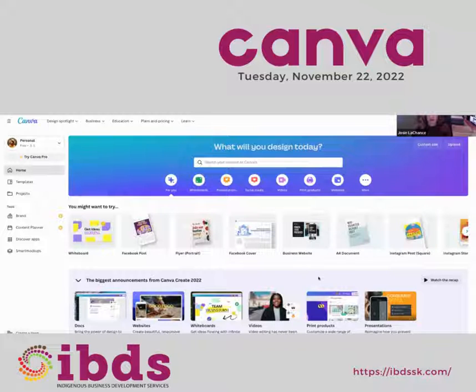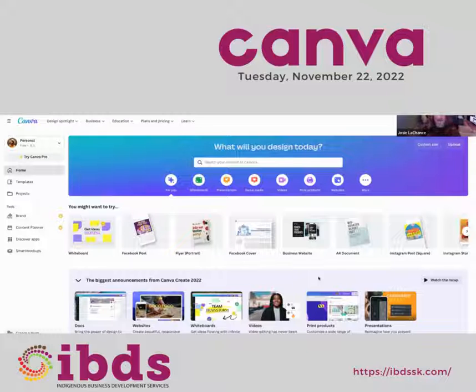It's also really great to create things for your website if you have a website, or if you just need it to make posters to hang on bulletin boards, or to distribute flyers, brochures, things like that. That's what most people use it for. And it's not just for content for social media. It can be for print. So if you don't have social media set up yet, or that's something that you're working towards, it can be used for other things, not just for social media.